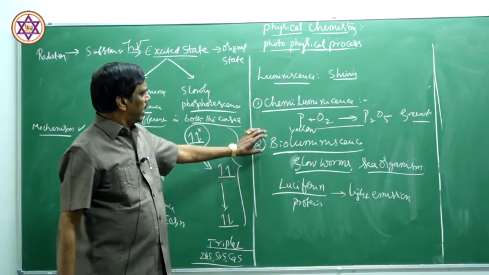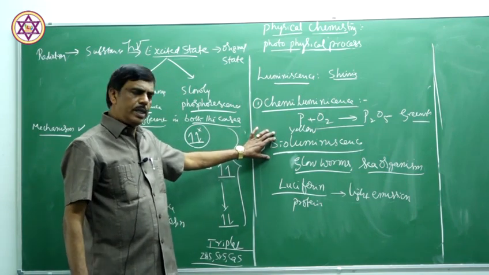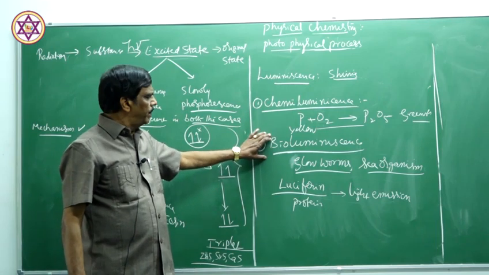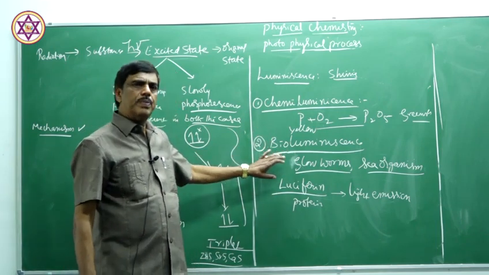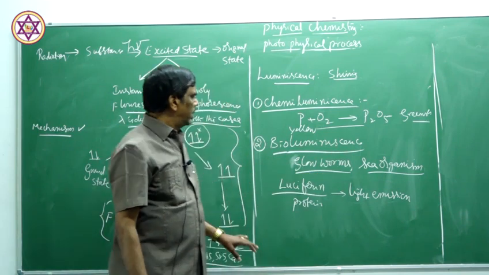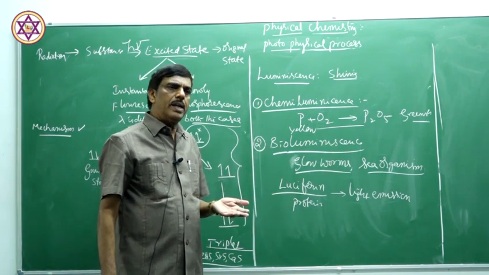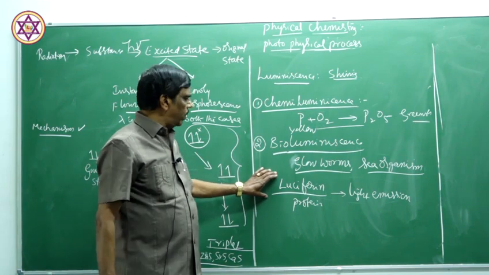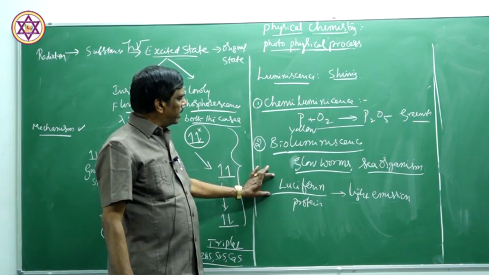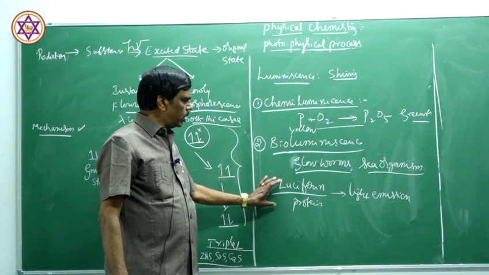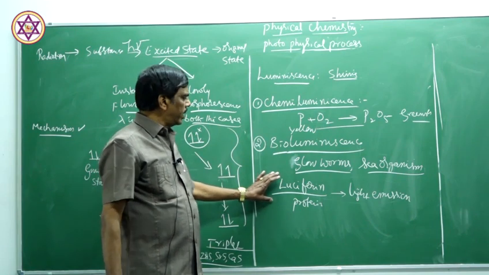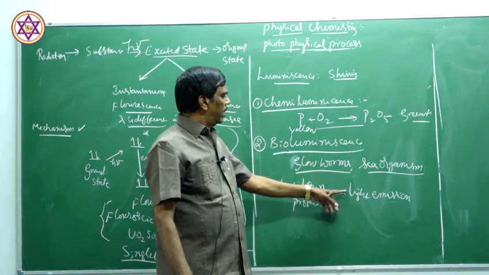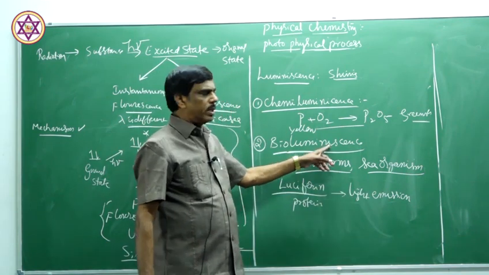So, some biological reactions emit light during some process, and that is called bioluminescence. Glowworms are marine organisms. They emit light during their respiration. During the emission of light, what actually happens there? Oxidation of luciferin, a protein, takes place. That is the chemical reaction that takes place inside. But during that process, light will be emitted, and this is called bioluminescence.